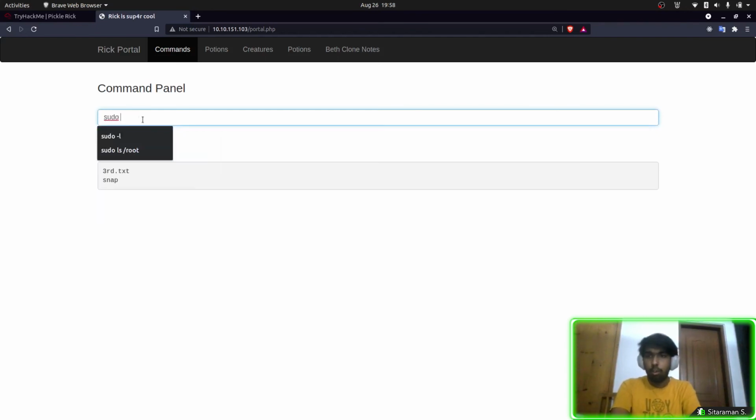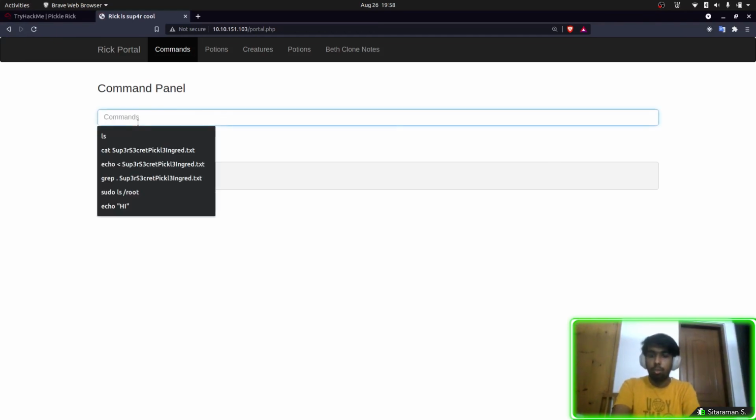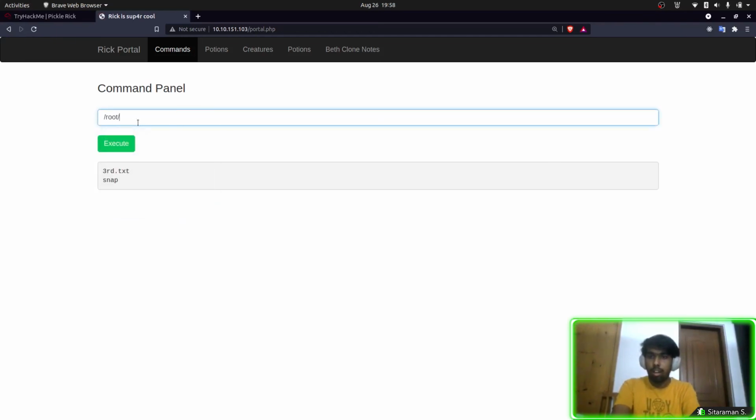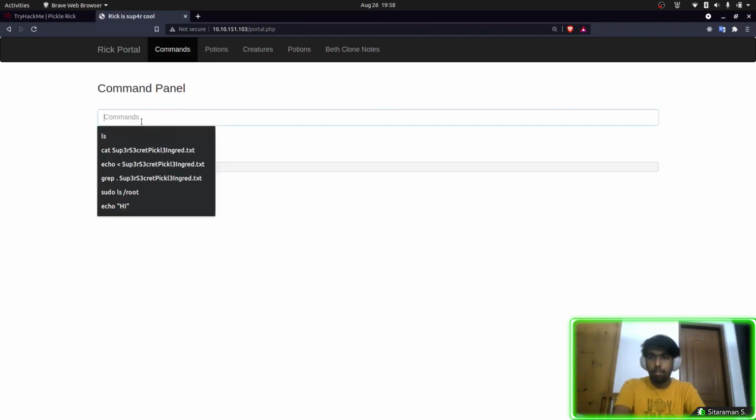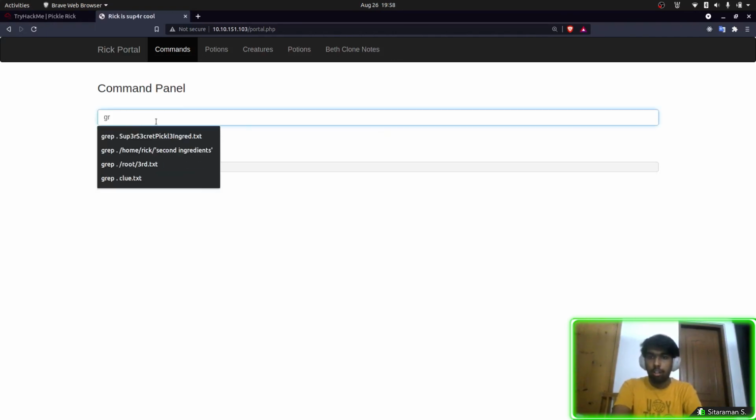Once we got what file we have to look for, I'll again do /root. So we have to cat out basically root slash third.txt. Let's do it using grep. Okay, we cannot access it. Oh, I didn't run sudo.